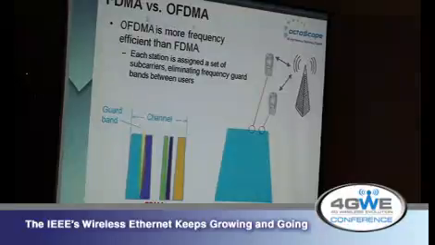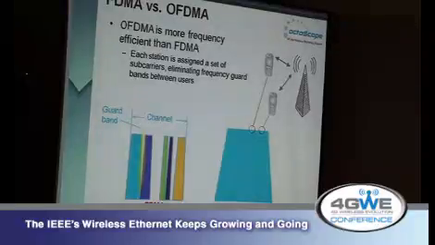So what's FDMA versus OFDMA? Now OFDMA is not just a modulation scheme, it's actually an access scheme. It stands for orthogonal frequency division multiple access, not just modulation. And this was a step essentially from 802.11 to 802.16, where we said, okay, we have multiple frequency carriers carrying different data, so why not just divide them up among different users?